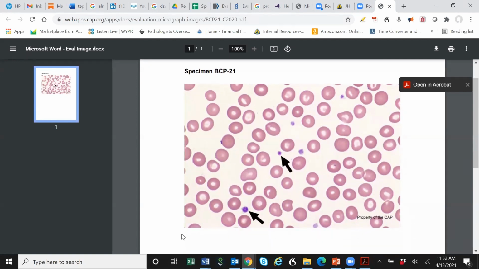Yes, we can see it. Okay, all right. So it opens up here. And so this is